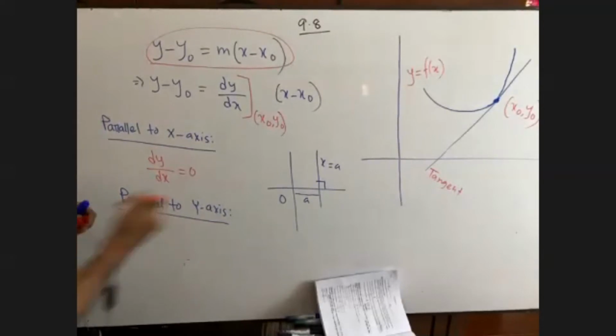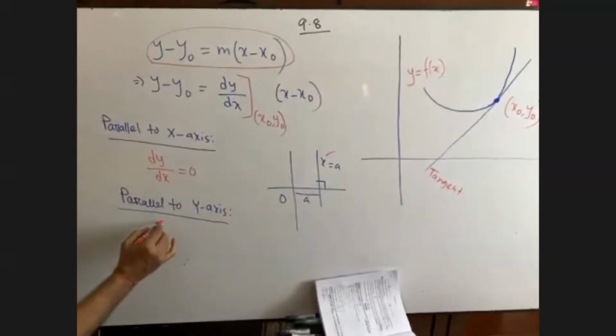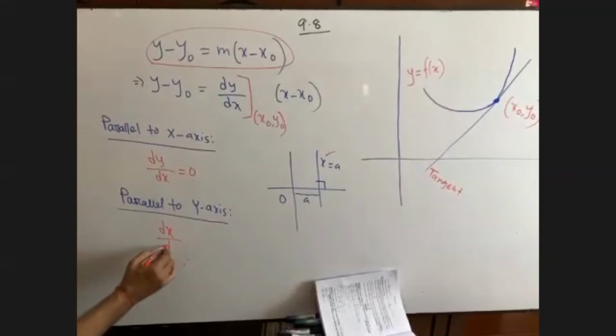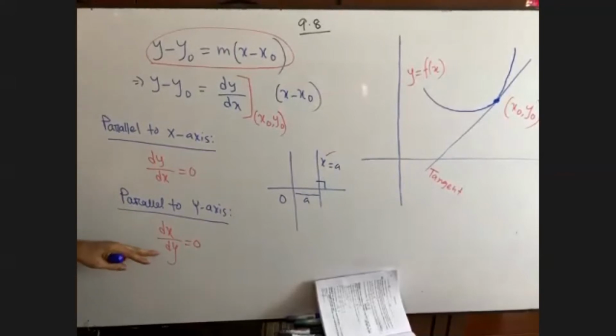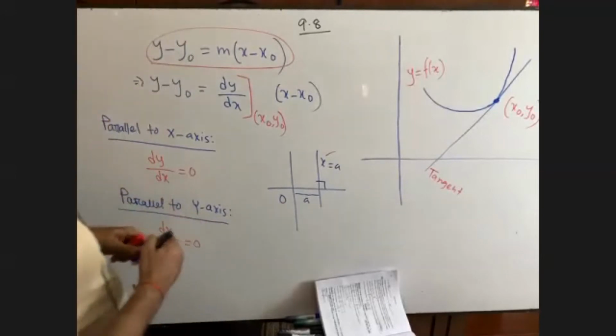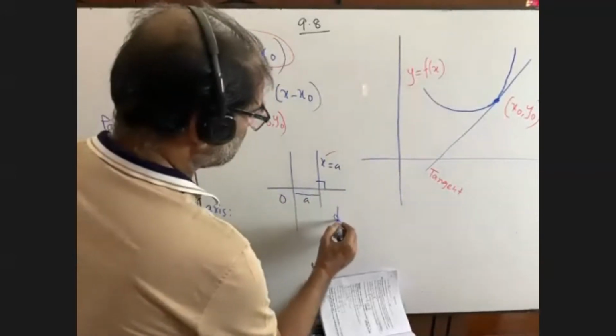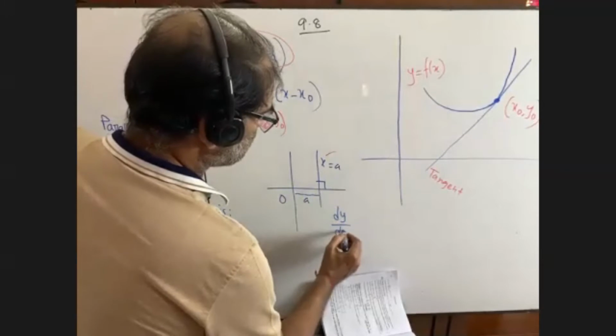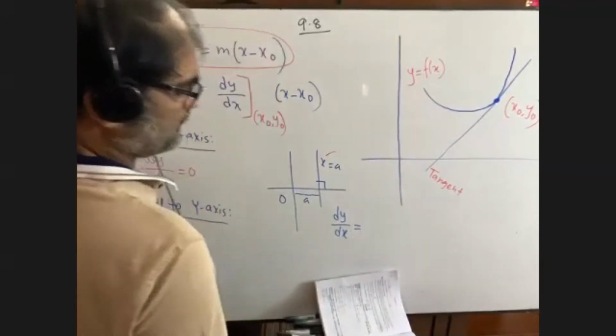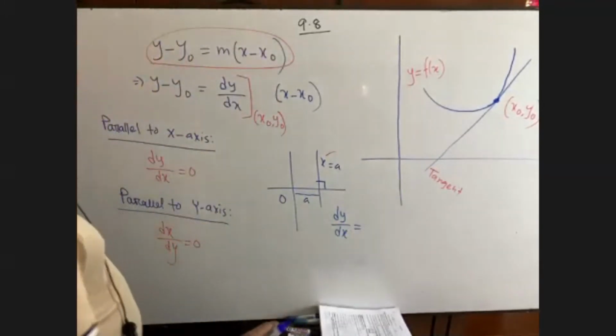You differentiate x, that is dx by dy equals 0. Now the question may arise, how does it come, right? Is it, how does it come? It is dy by dx, it is dx by dy. Dear students, you see here dy by dx equals to what? Can you please let me know what is the result? dy by dx equals to what?